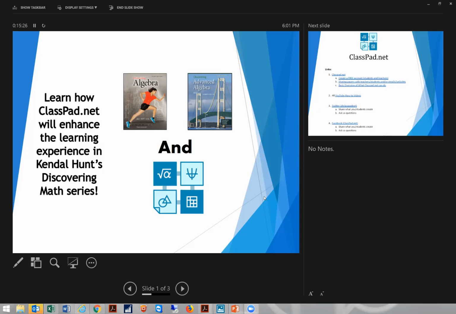As most of you already know, Kendall Hunt has removed the Desmos software from our Discovering Algebra and Discovering Advanced Algebra books, but we have replaced Desmos with ClassPad.net, and we're very excited about this change. We know that you will be excited too after you get to see all the things that it can do